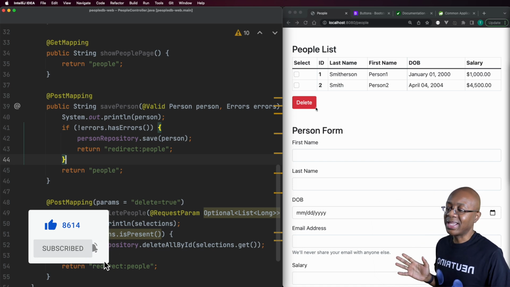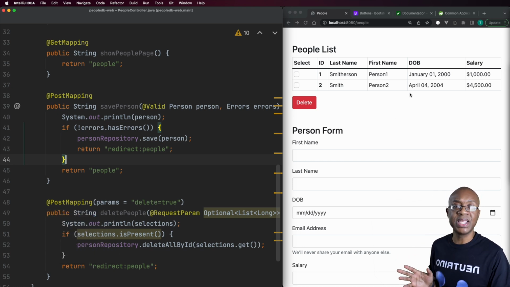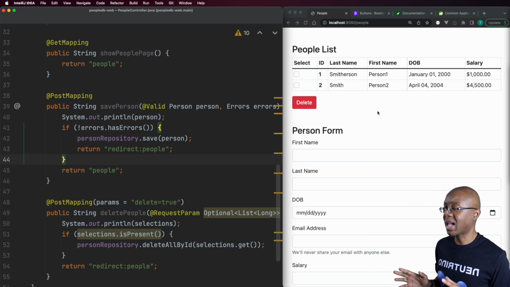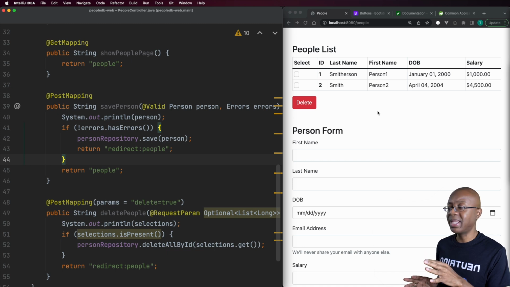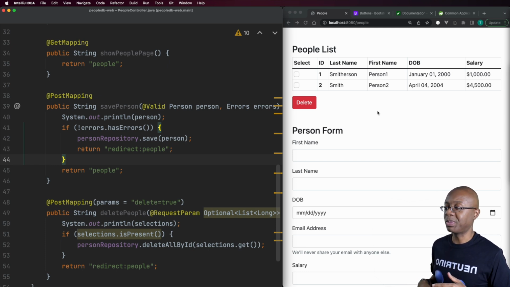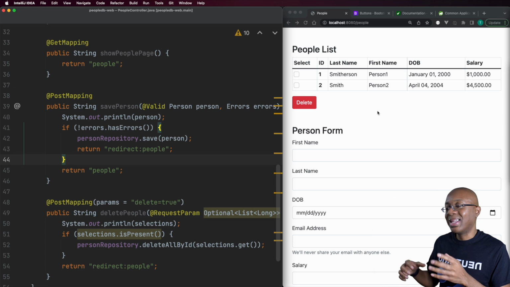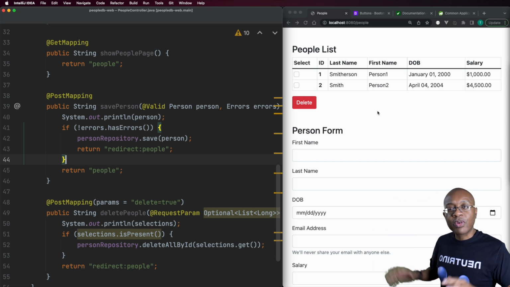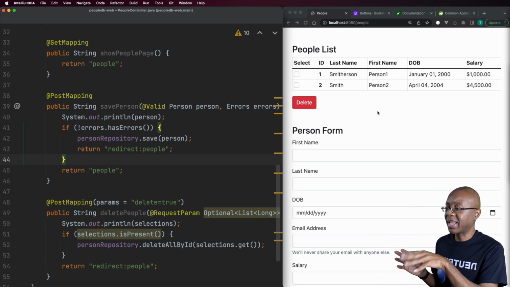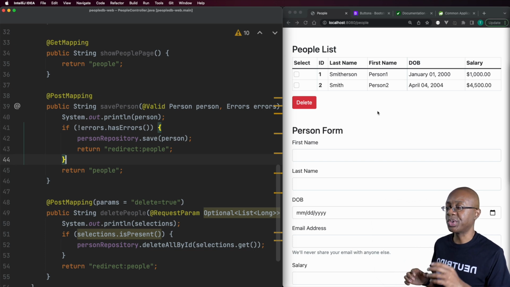Now, there are a lot of ways that you could go about implementing any of these operations that we've been doing, and I don't want you to have the impression that the way that I'm showing you here is the only way. We could have done it in a lot of different ways. And along those lines, when we implement the edit and update capability here, I don't know that what I'm going to show you is the way that I would really do this if I were willing to spend more time on it, but I'm trying to weigh the expediency of just showing you an overview of how you can do basic CRUD applications in the UI without having to introduce 15 million additional technologies,